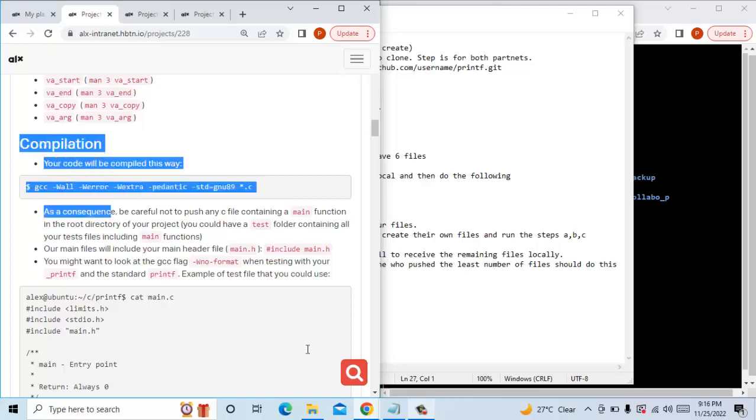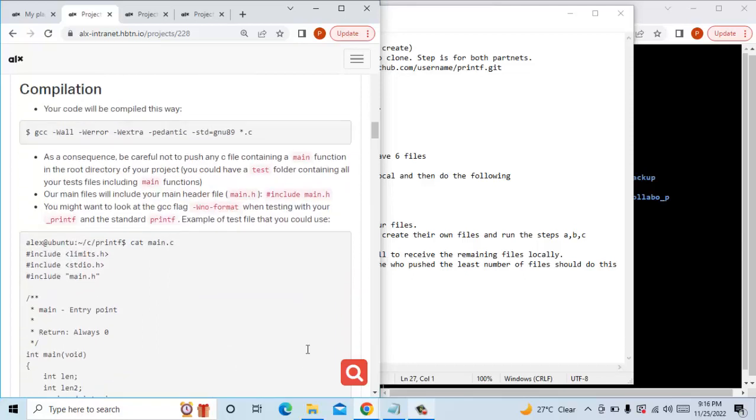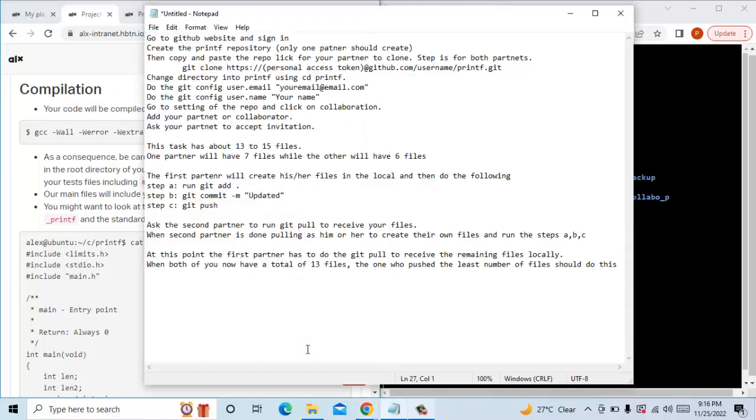Remember this, I said this is very important. Now, you now have to come and create main.c file. The person with the least push should now come and create, we'll do this. Okay. Create the main.c file, and then after creating the main.c file,